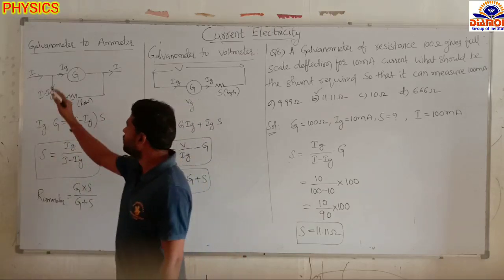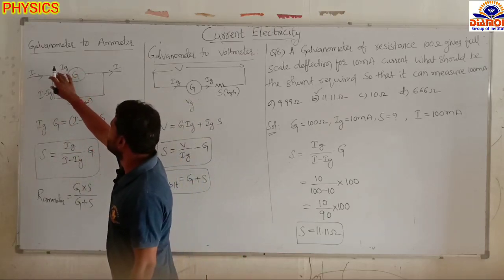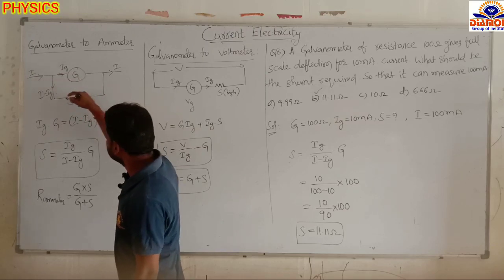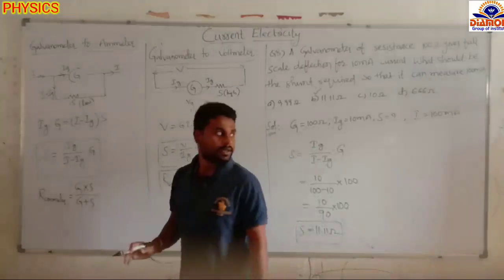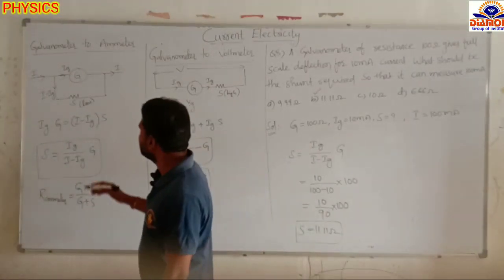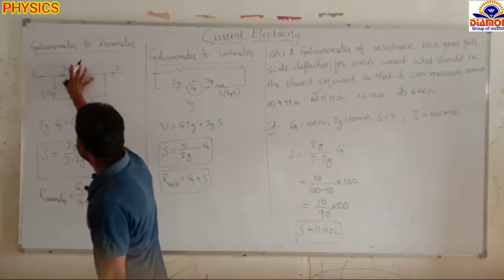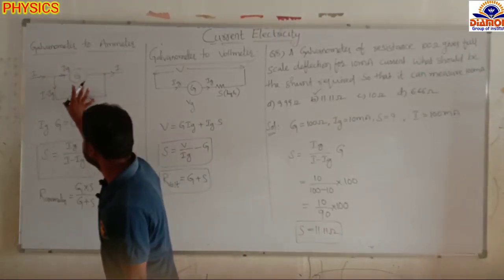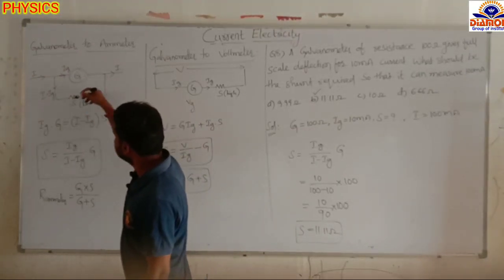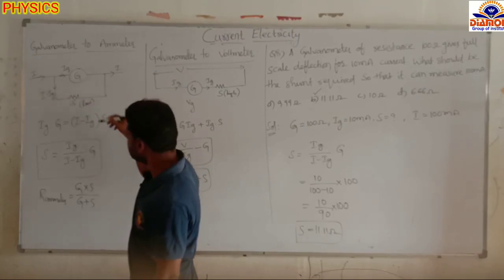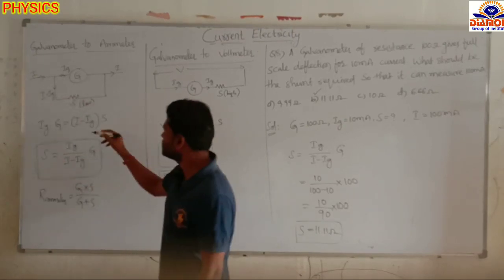Okay, then how much current it accepts will flow through the galvanometer, and the remaining will flow through this resistor, and the device will be safe, protected. Now here the potential difference across this galvanometer and the potential difference across this small resistance is the same. Now Ig into G equals the current flowing through this one, which is (I minus Ig) into S. From this we can find the resistance we shunted.